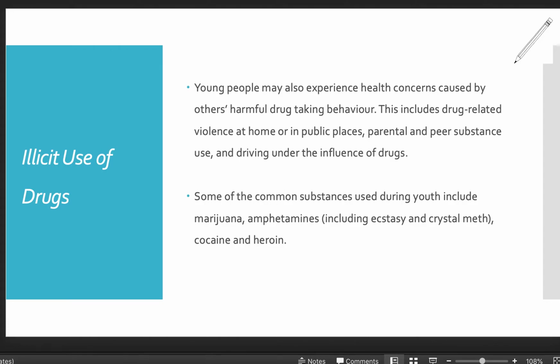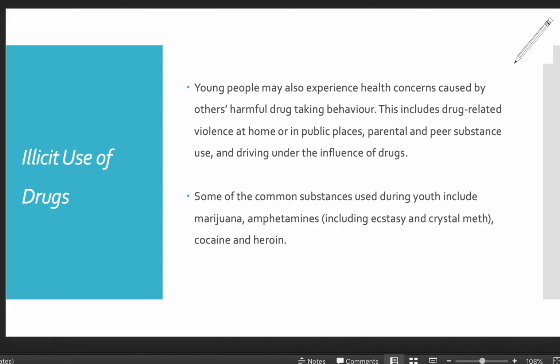When we're talking about peer substance use and parental, it can be a huge influence on health concerns such as the social health dimension. Remember that we have 5 dimensions of health and well-being, and social is only one of those 5. And emotionally as well, noticing somebody that you love or care for who is abusing a substance or using an illicit drug can have a major effect on that area or dimension of health.